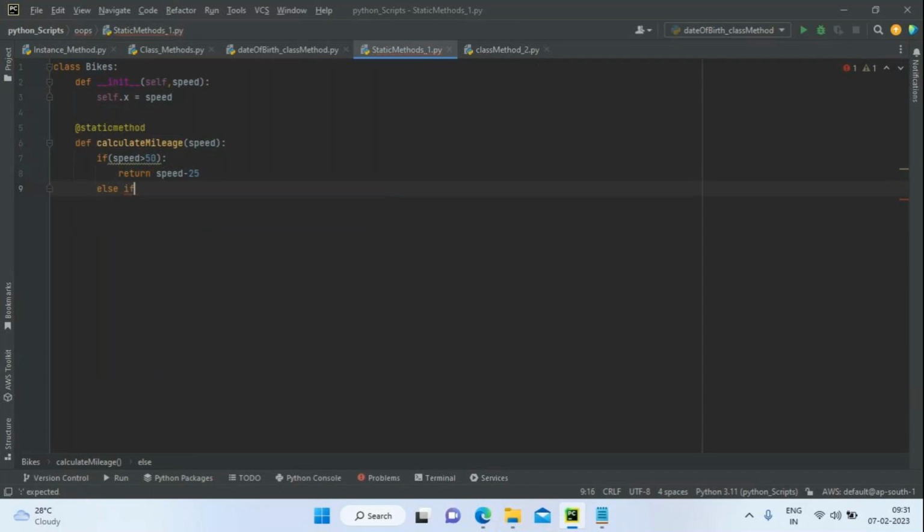Else if speed is greater than or equal to 50 and speed is less than or equal to 60,